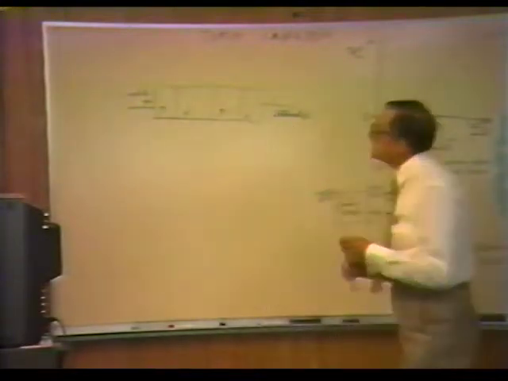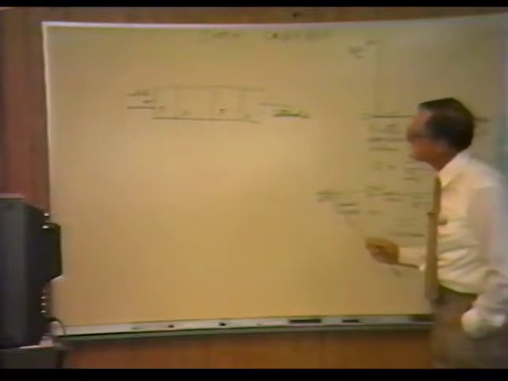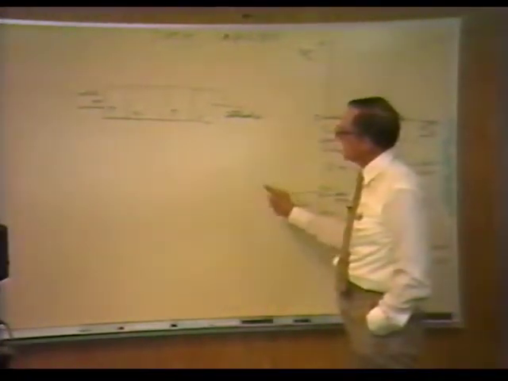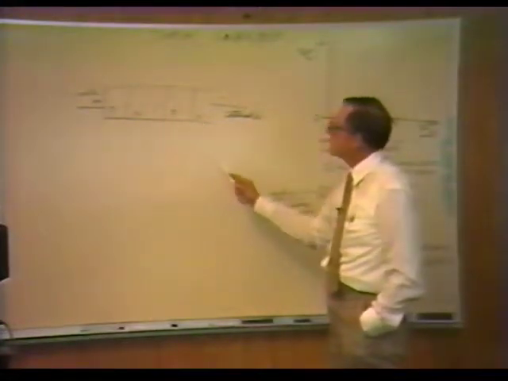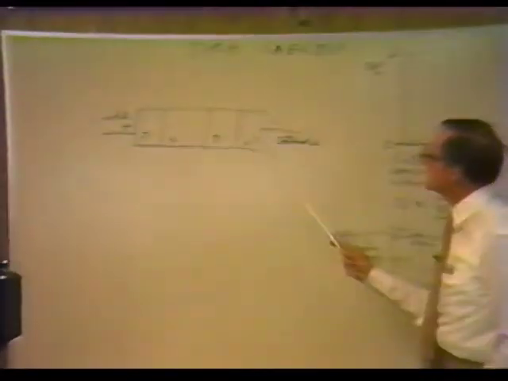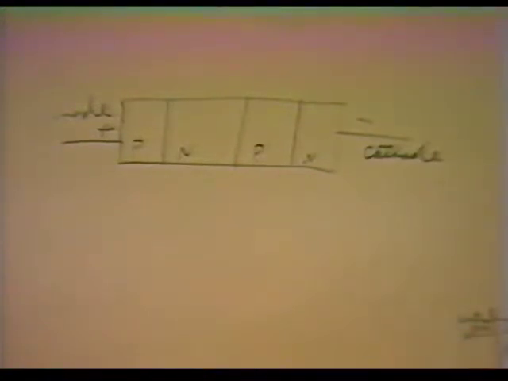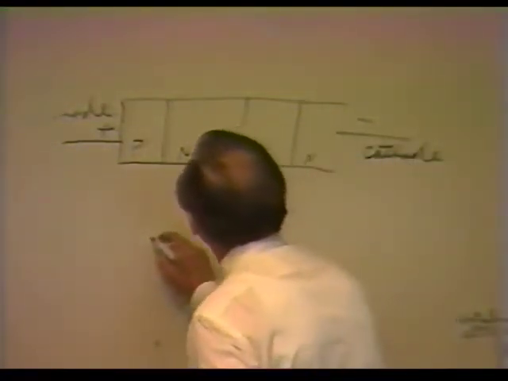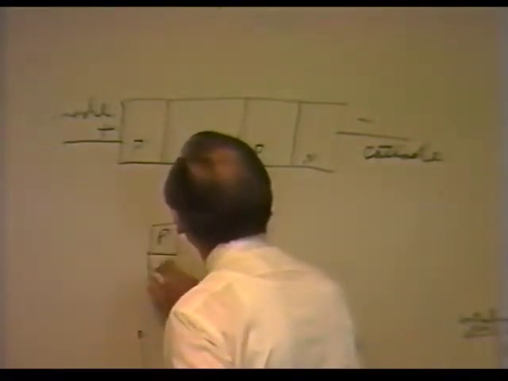Okay, you'll notice something here. In a four-layer device, what we really have is two transistors: an NPN transistor and a PNP transistor. And we can explain the operation of an SCR by explaining how the two transistors within the structure work. So I'll redraw this a little bit and we'll do it this way. We have the P anode,